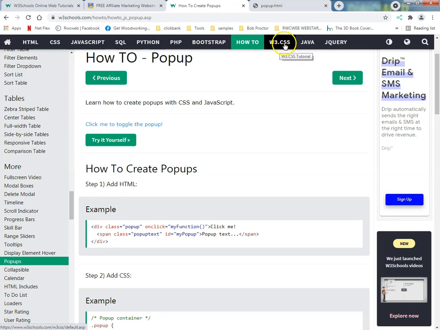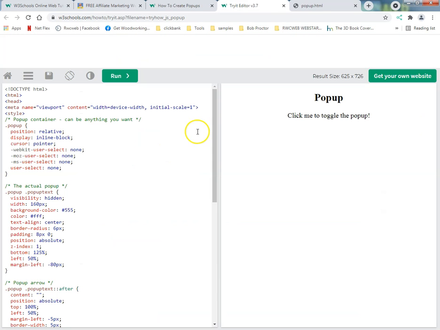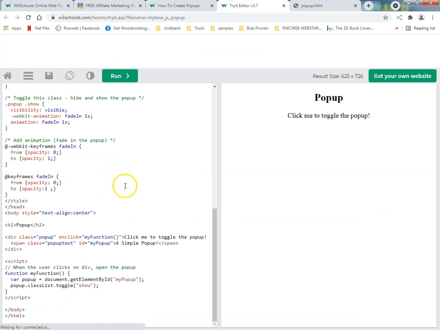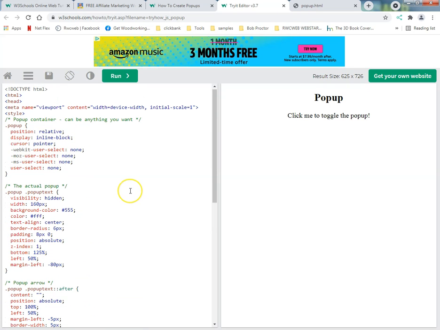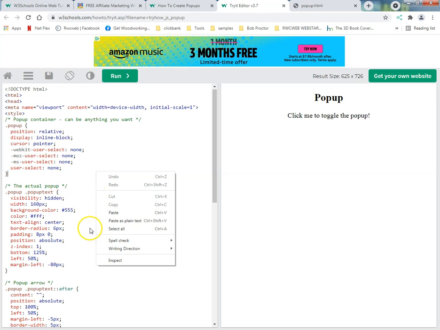W3.CSS, JavaScript, and jQuery. Okay, so you want to try it yourself. Look, click me. Look at that little pop-up. That's fantastic. Okay, that little script. Now, it looked like a little script, didn't it? It's quite a bit, right? Quite a bit. So now again, if I select all of this,